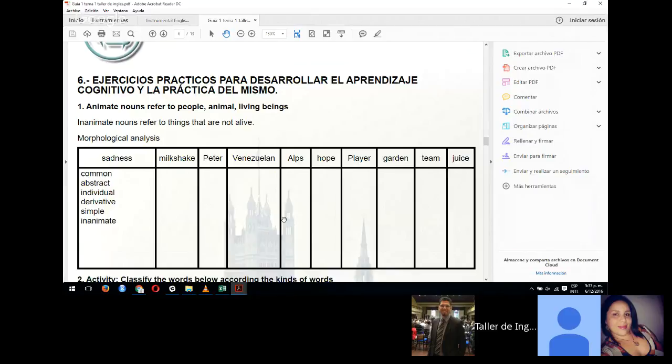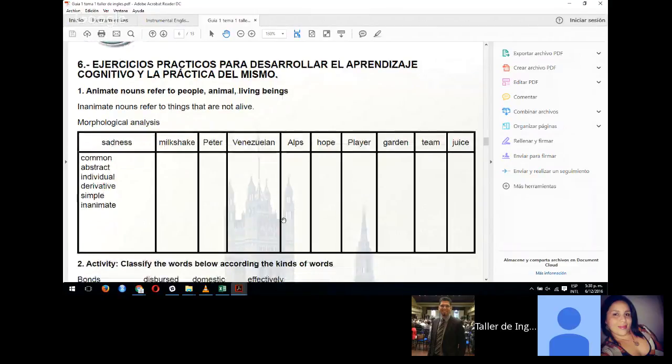The noun is common or proper, abstract or concrete, individual or collective, derivate or primitive, simple, compound, inanimate or animate. Then,